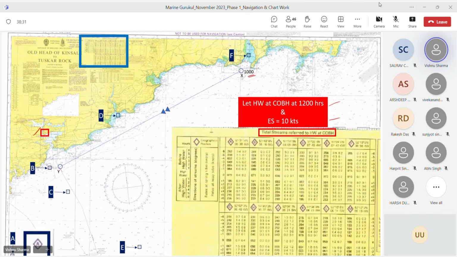Look at the plot. 10 o'clock, sir. 10 o'clock. So what is its time with respect to high water? It is 2 hours before high water, correct? Yes, sir. Minus 2. And which station will we pick up the tidal stream from? I'm sure all of you would agree, Foxtrot. Foxtrot, sir. Okay. So minus 2, I go to Foxtrot.